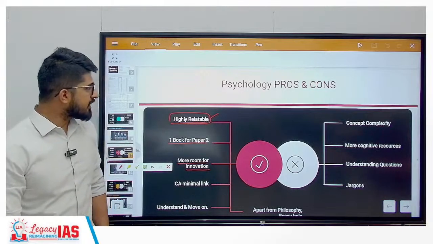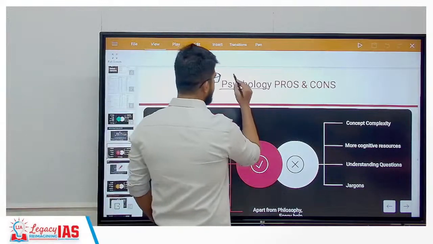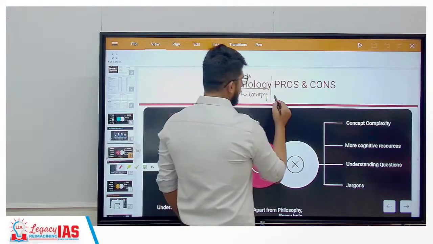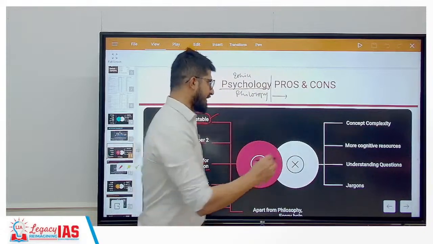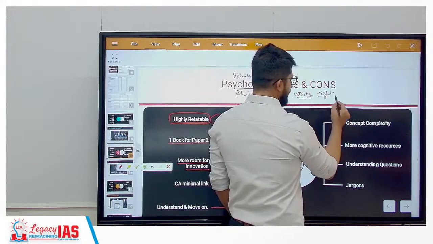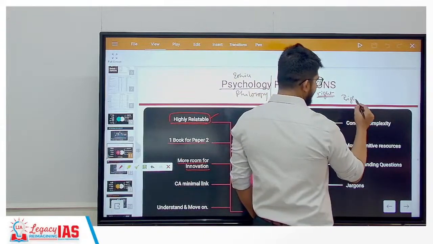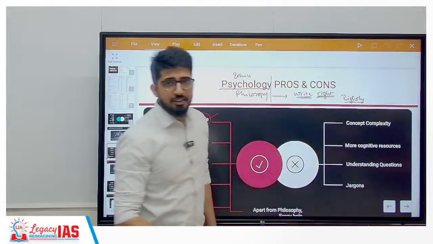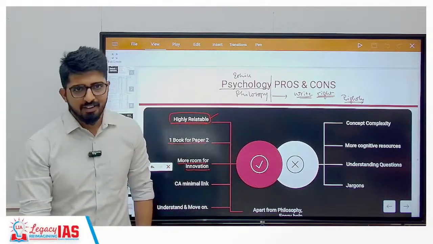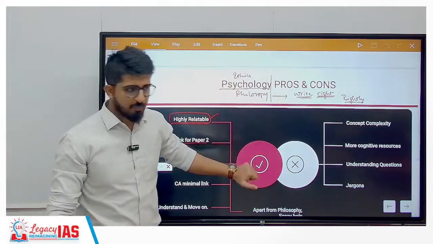Okay. So there is a saying about this particular subject, and ethics and philosophy. So psychology, ethics and philosophy. This is a saying of sort. Whatever you write will be right if you have understood the subject rightly. So whatever you write becomes right if you have understood the subject rightly. So that's how the subject is, the nature of the subject. Same holds true for ethics and philosophy as well.